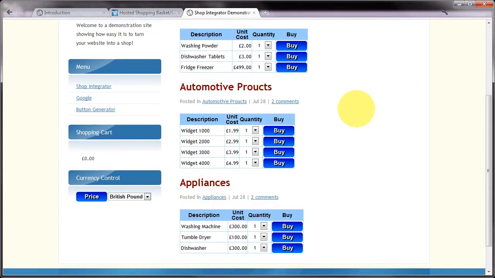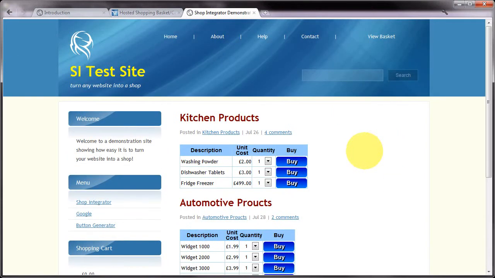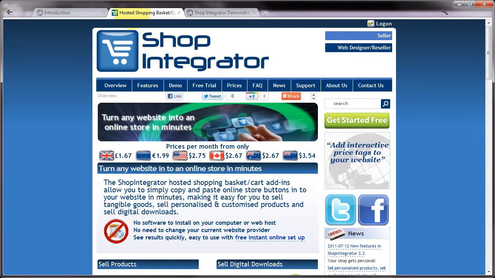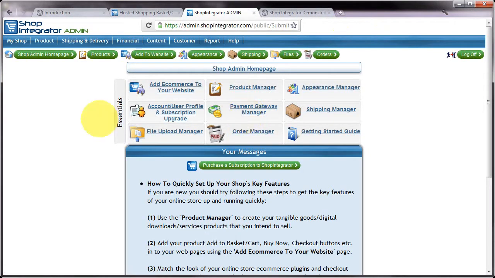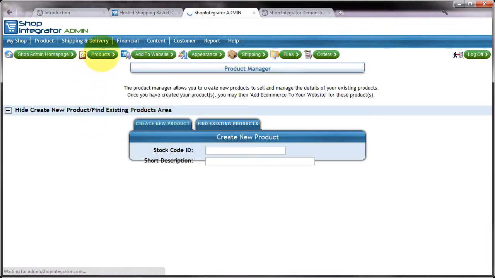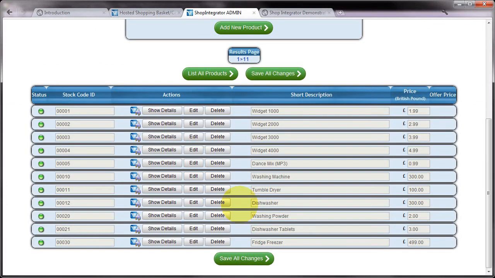What I'm going to do is show how we can add additional products to the catalogue, and they will show up on this page when we reload it. So the first thing I'm going to do is go over to the shopintegrator.com website, click log on, log into my account, and because I want to add some products I'm going to click on the products button up here, and then I'm going to click list all products,